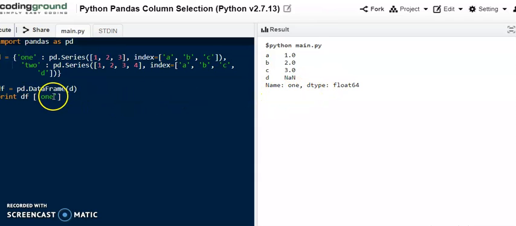Now if I want to make changes in my program and write 2 here, because I want to access column 2, or column label 2, then after executing this program you can check the output difference. Now 1 2 3 4 is the column value of 2. This is the result of only 2, because here I have mentioned only column 2, meaning the column whose label is 2. In this manner we can access any specific column of the data frame.